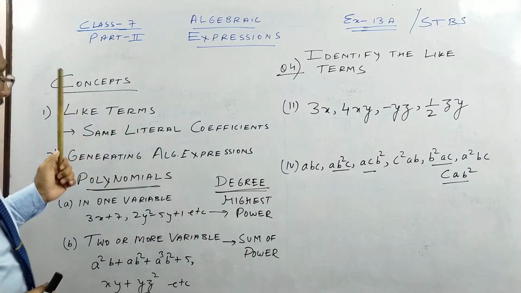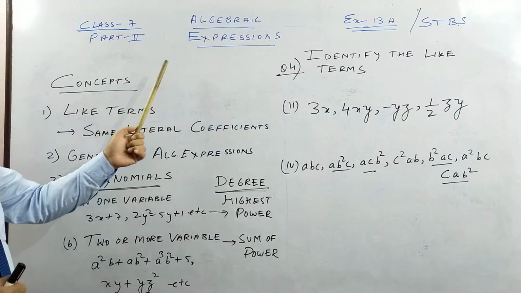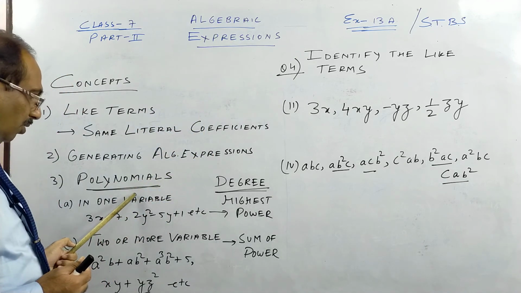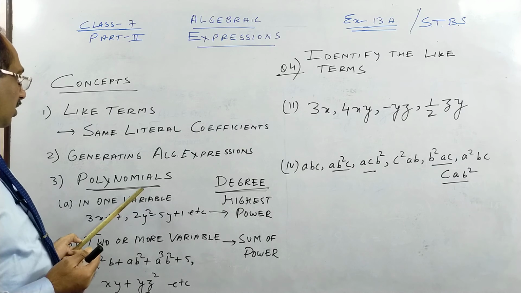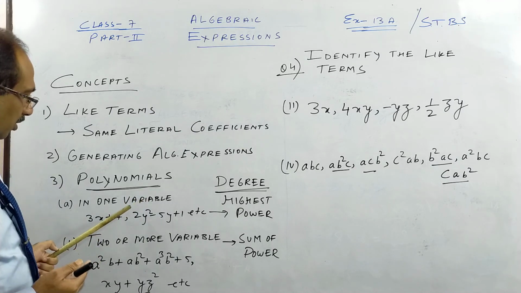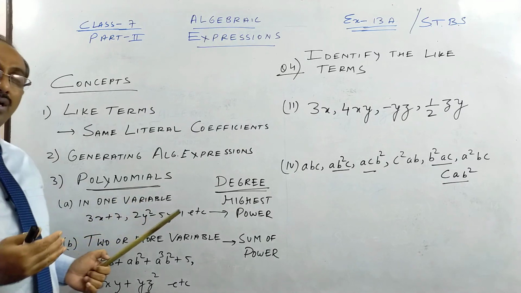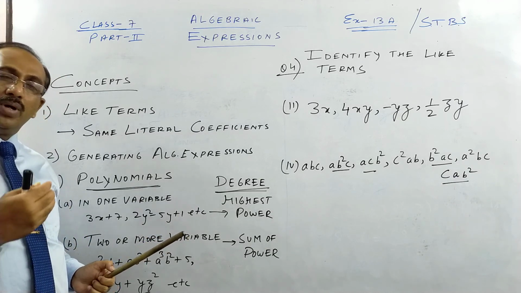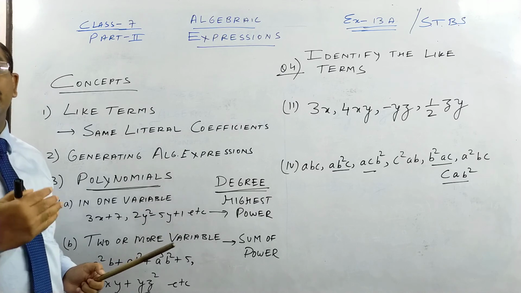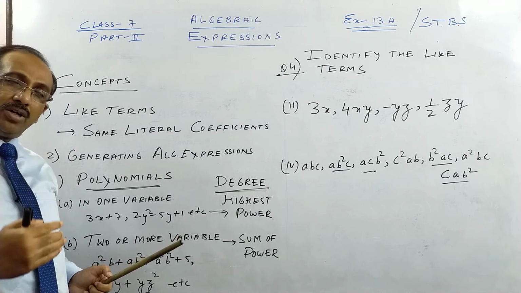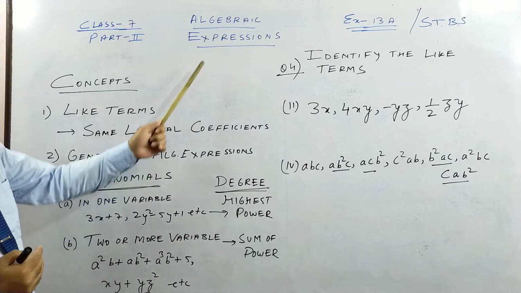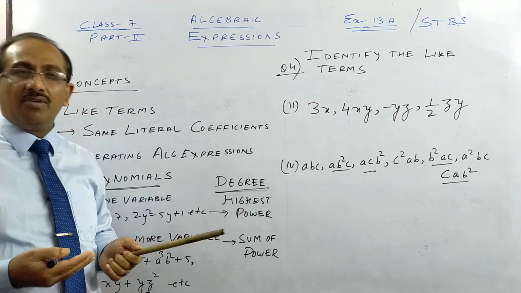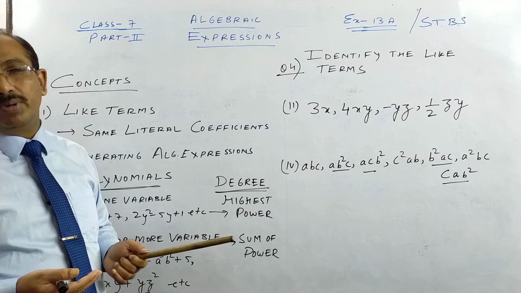So here, just to tell you in short, algebraic expressions, I told you they are monomial, binomial and all. But for polynomials, children, two things you have to see. In a polynomial, the power of the terms should be non-negative. It can be 0, 1, 2, 3, 4. Non-negative integer. It cannot be a fraction, it cannot be minus. Whereas in any algebraic expression, monomial, binomial, trinomial, you can have negative power, fractional power.